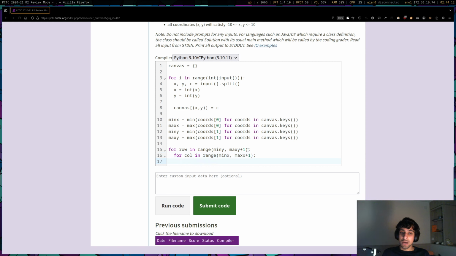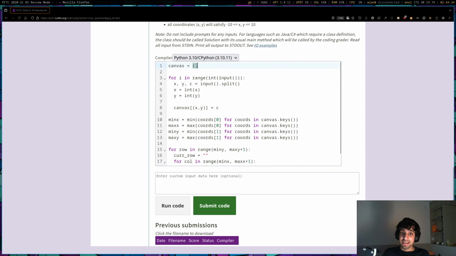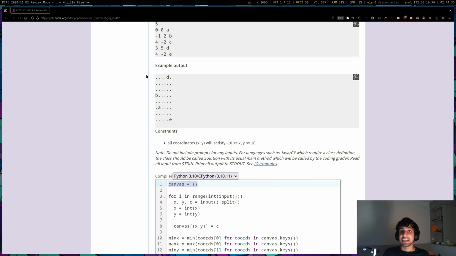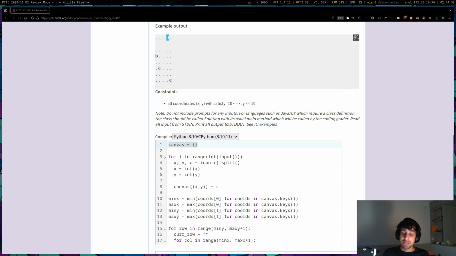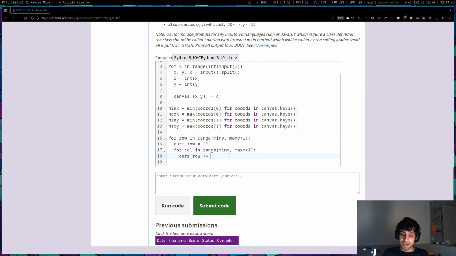Awesome. Now let's start building up each row. So let's say that our current row, cur row, is going to be an empty string up here, and then for each of our columns we're going to add something to cur row to slowly build up the row. And what are we adding? Well, if there is something in canvas, we want to add that special character. If that specific coordinate is not in canvas, we just want to add a dot, a period sign. And so we can do